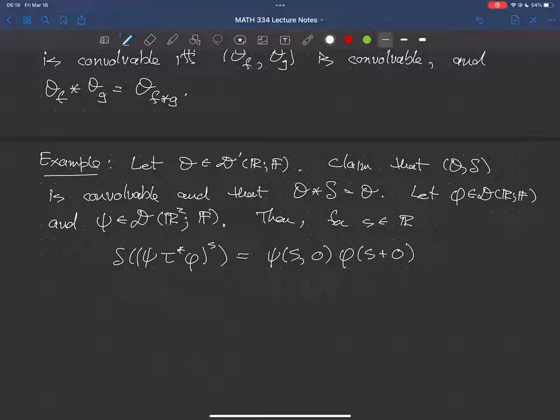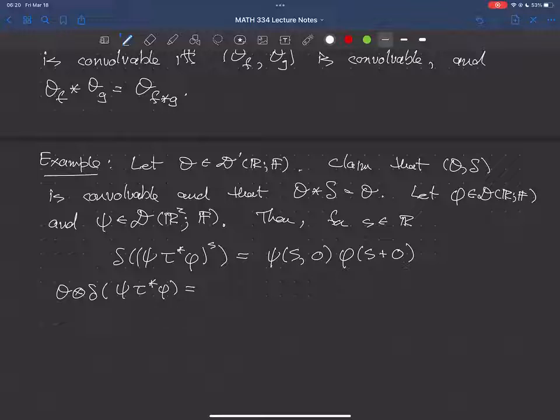All right. So first of all, this always makes sense. And then what I want to do is evaluate theta tensor delta. To calculate theta tensor delta, I'm going to take theta and act on this function of S. So this acting on psi tau star phi is going to be equal to, all right,